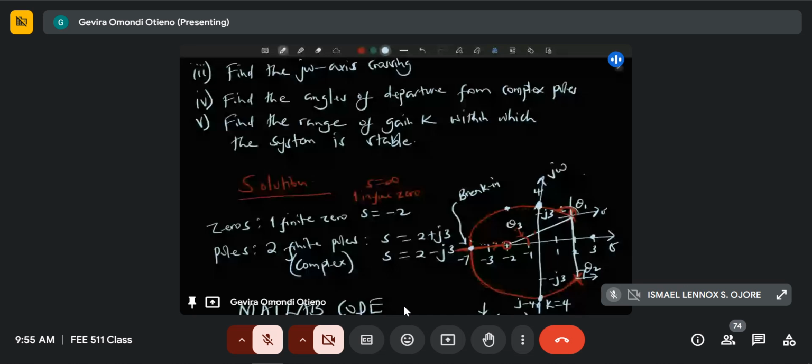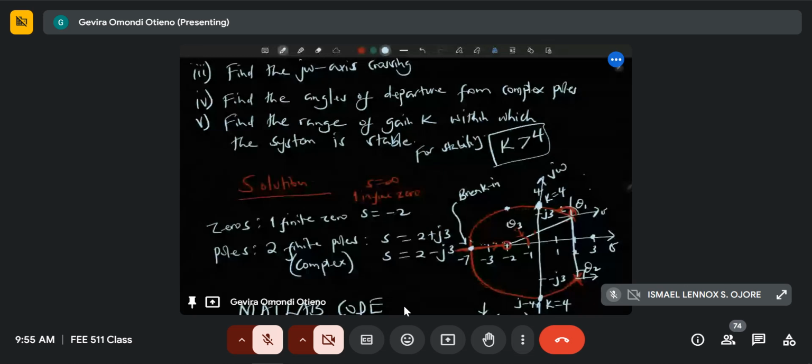So the gain at the J omega axis crossing was 4. Even the J omega axis crossing in itself is a marginally stable location. So for stability, we need K to be greater than 4. Any value greater than 4, because anything beyond 4, we know K is on the left half plane,